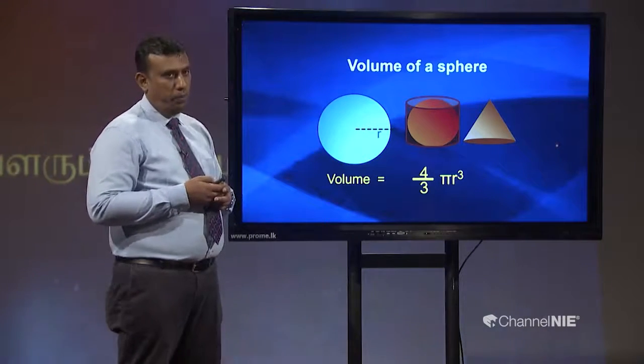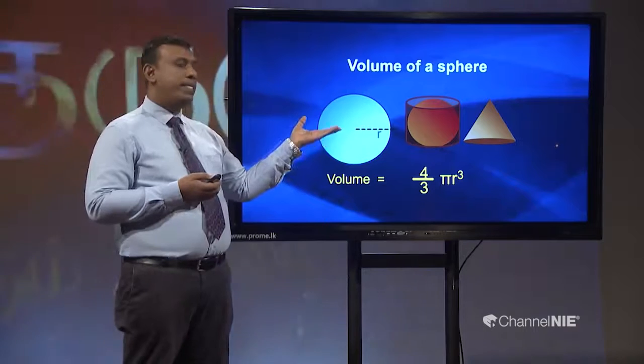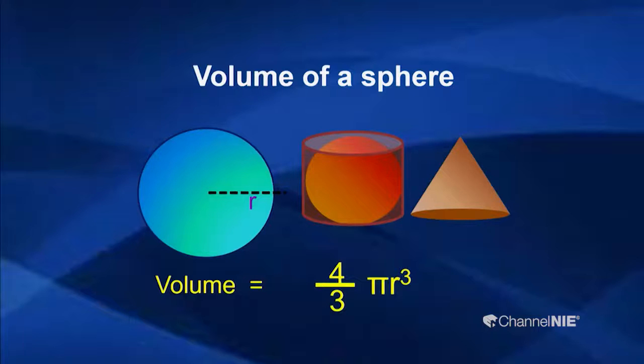And then after simplifying, what is the method we follow? Volume of the sphere plus volume of the cone is equal to volume of the circumscribed cylinder. Or another way, volume of the sphere is equal to volume of the circumscribed cylinder minus volume of the cone. Then volume you can take as 4/3 π r cube.